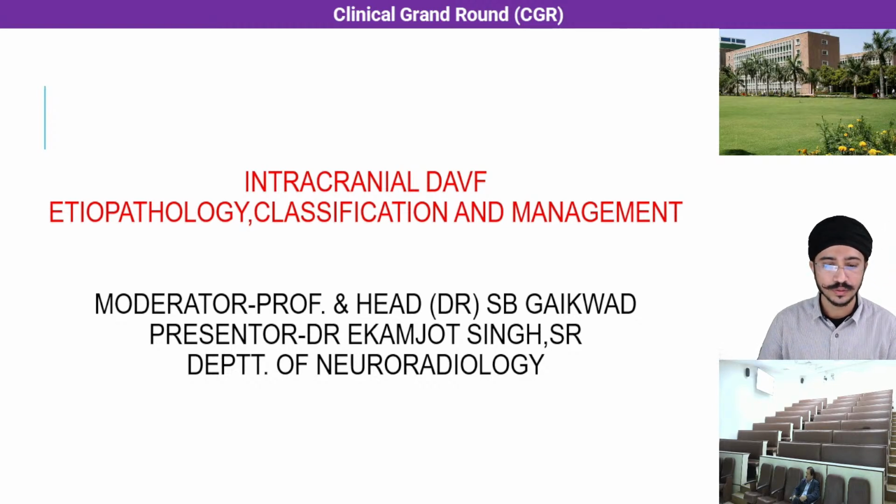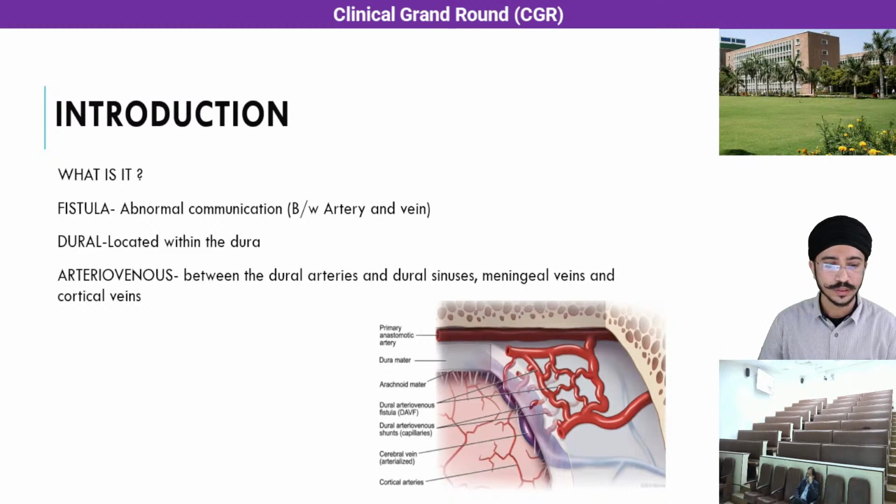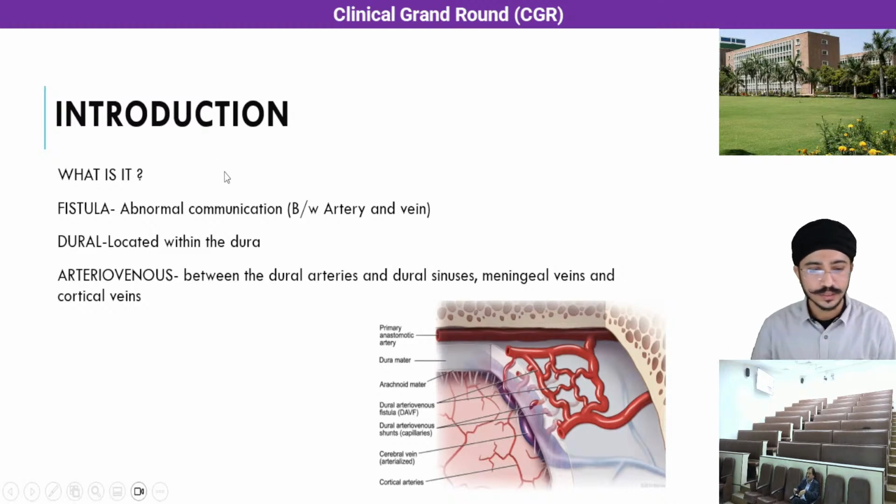I'll be presenting on the topic of intracranial dural AV fistulas with the focus on etiopathology, classification, and the management. So first of all, what is a dural AV fistula? Basically, it's an abnormal communication between an artery and a vein, and it is located within the dura. It's an abnormal arteriovenous communication between the dural arteries and the dural sinuses, or meningeal vein, or the cortical